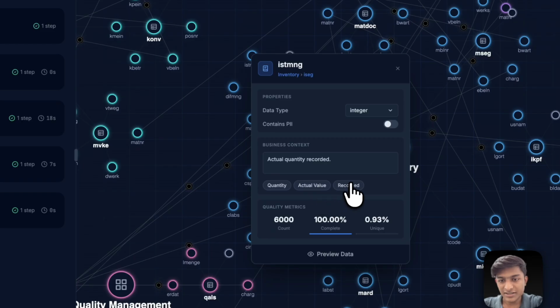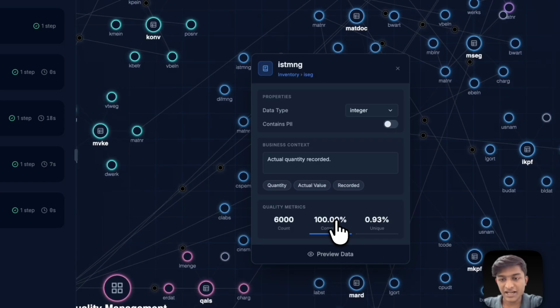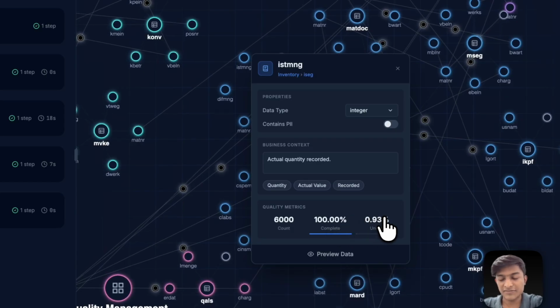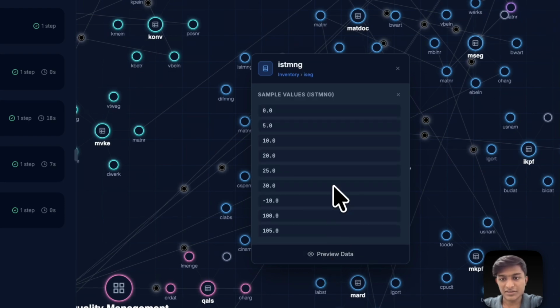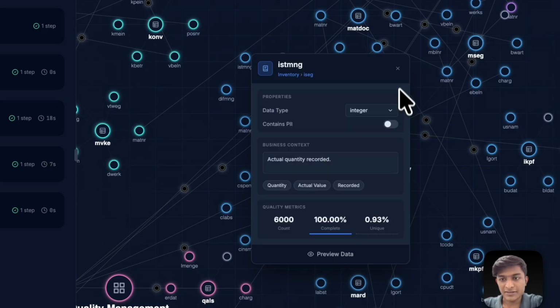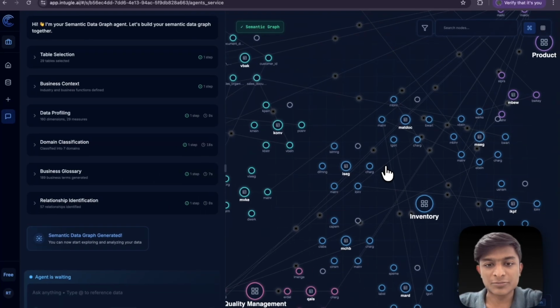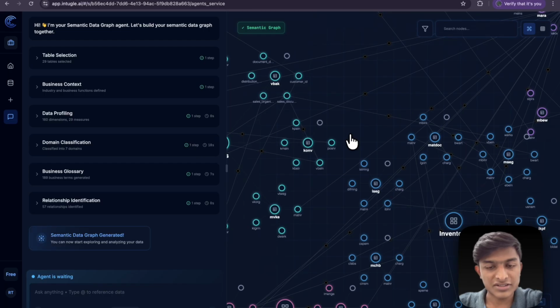tags that were generated, and we can see what was the count, what was the percentage of non-null values, and its uniqueness, the distinct values percentage. We can also preview the data for these columns. Great. So that's how you can explore different columns and tables and see what the glossaries were generated, what